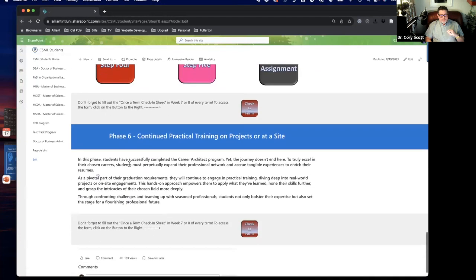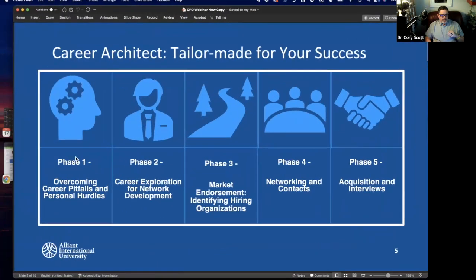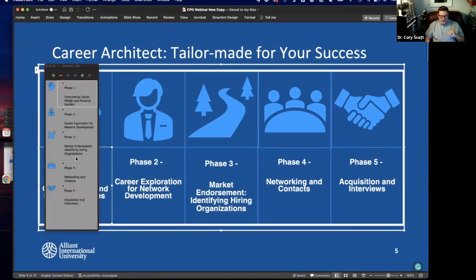And then as you work through, after you finish those phases, and you can do them at your own pace while you're going to school or going to different classes. And then once you're finished with those, you continue with what we call ConsultX, or internships, or utilizing what you're learning in the classroom and applying it to real world situations. So that's where I want to go next, is to walk you through,